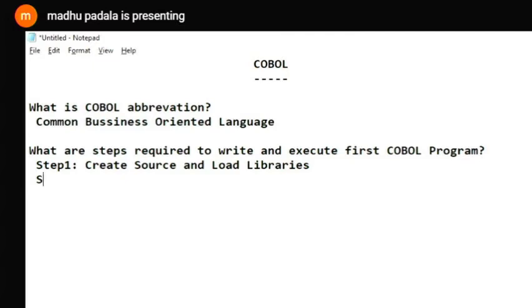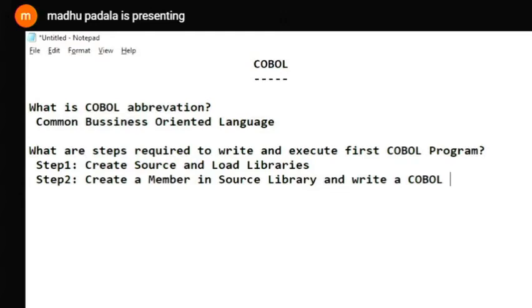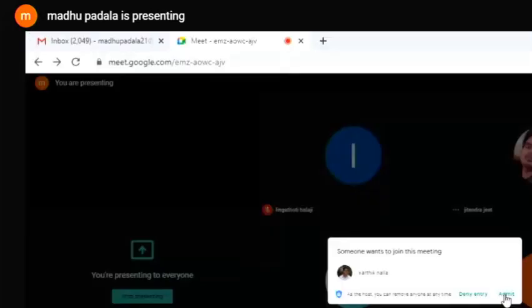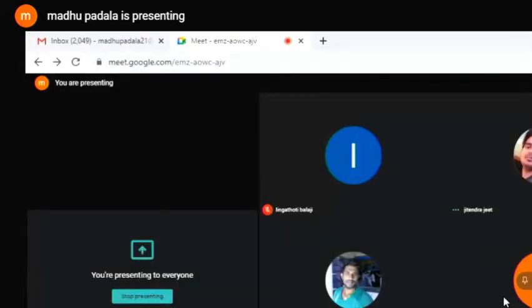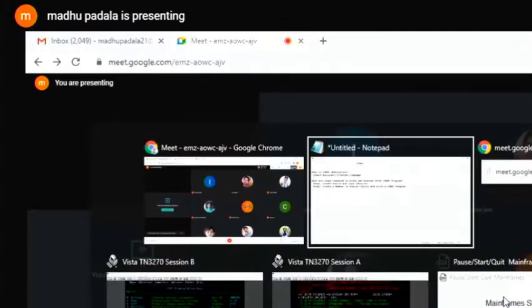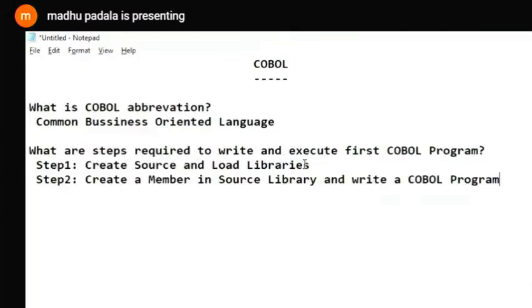Next, step 2: create a member in the source library and write a COBOL program.